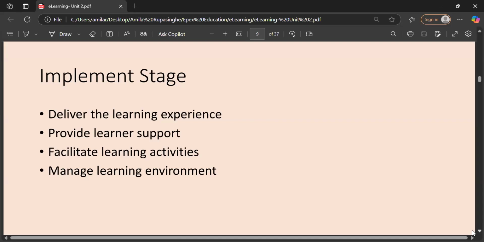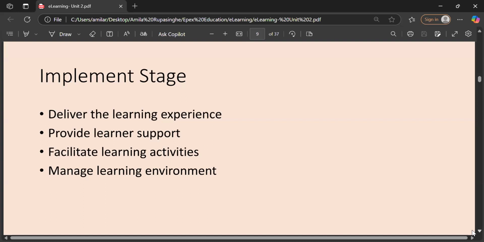Facilitate learning activities: whatever learning activities we included in our design, our curriculum, we should facilitate those activities. Like in my curriculum, if I included an online quiz, right? I have to facilitate you, giving you the opportunity to log in to some online quiz app, giving you some access. I have to facilitate learning activities.